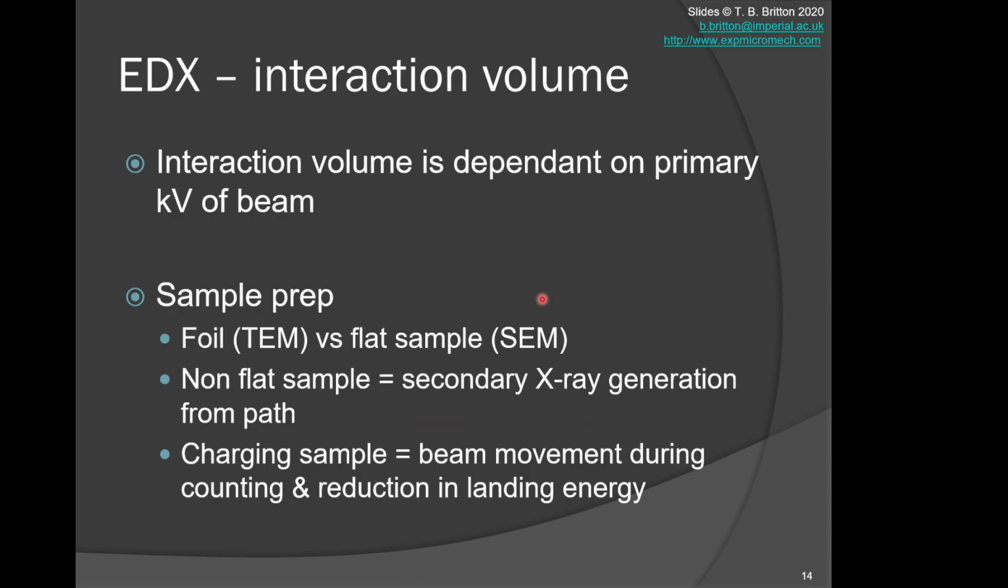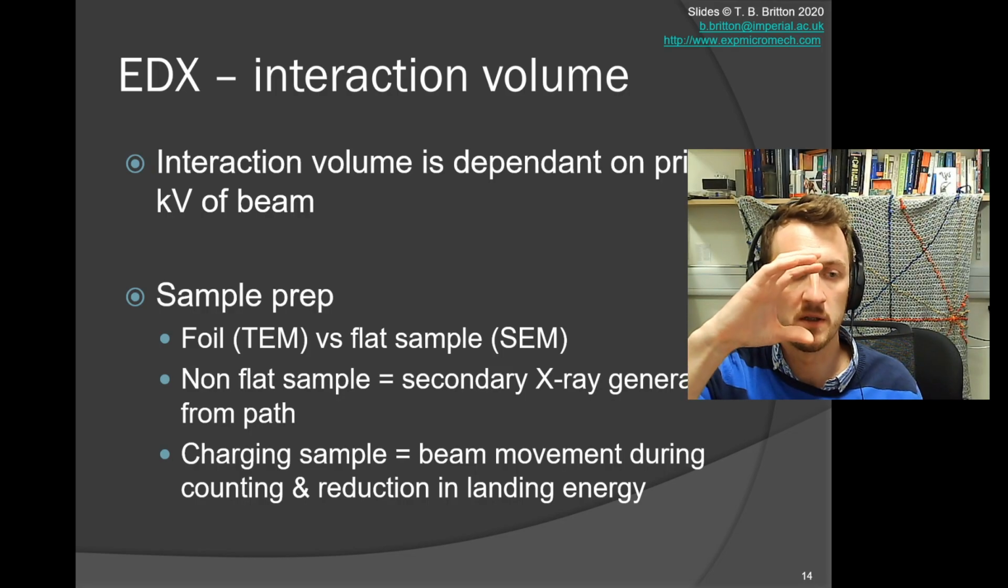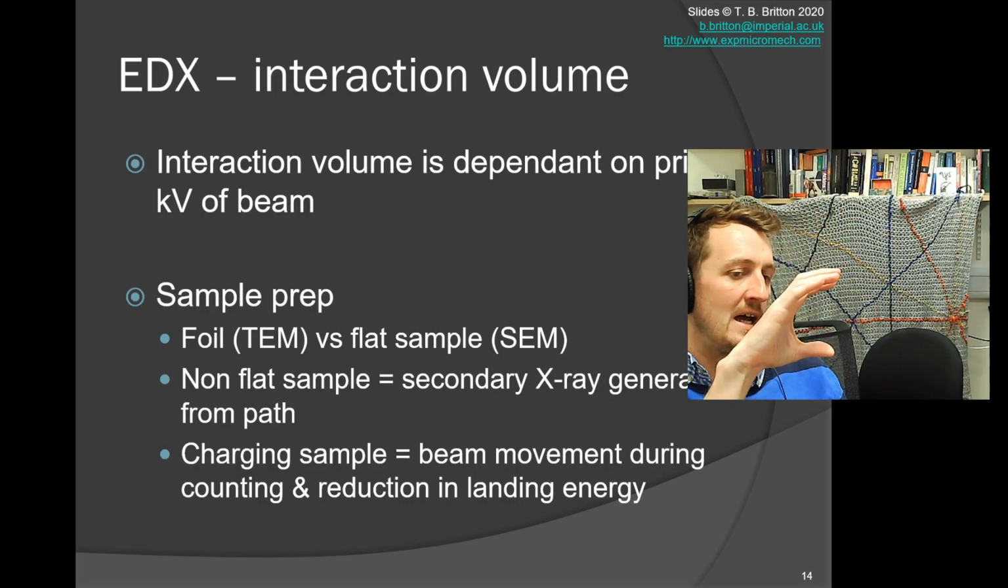So the interaction volume is strongly dependent on the primary kV of the beam, especially for SEM. We can see that the sample preparation of a foil versus a flat sample is quite important. If you have a non-flat sample, that can be very important, and I'll just show an example of where that non-flatness matters. So if you imagine that you've got, in this example with my hand, that you have